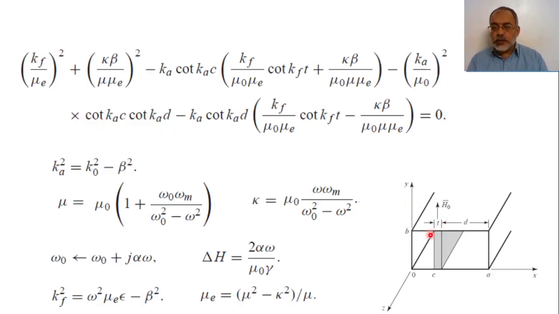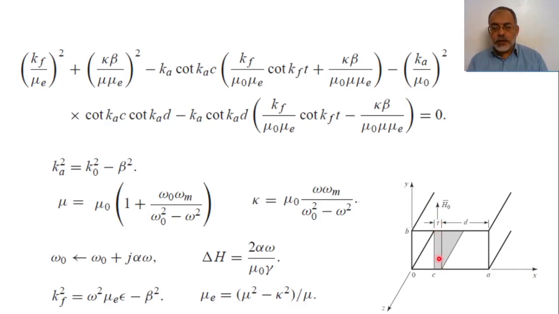So from this, C is unknown. C is unknown now. We are going to look for the appropriate C. And the value of D is simply A minus C plus T. So the value of D is determined from the value of C. So this is actually the characteristic equation for the loaded